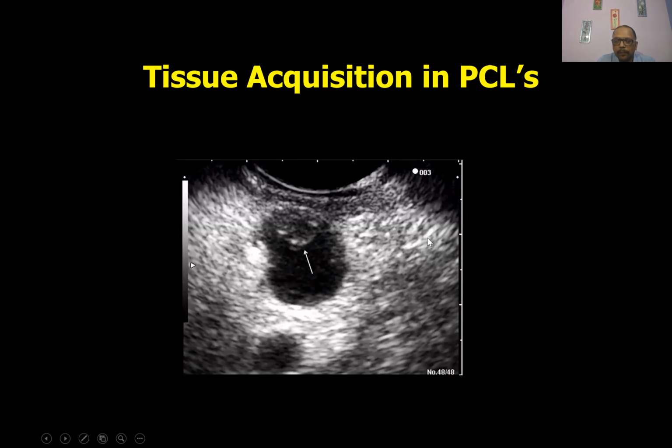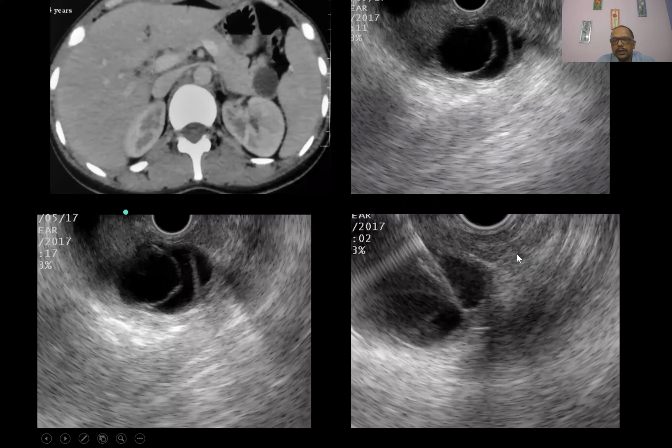Now, second important topic is tissue acquisition in pancreatic cystic lesions. EUS has been a workhorse for evaluation of pancreatic cystic lesions because, first, it provides improved resolution of the images. Here we can see the septa much more beautifully on EUS. On a CT scan, we could not identify these septa. And also importantly, you can aspirate the fluid and send it for analysis, which will help in better differential diagnosis